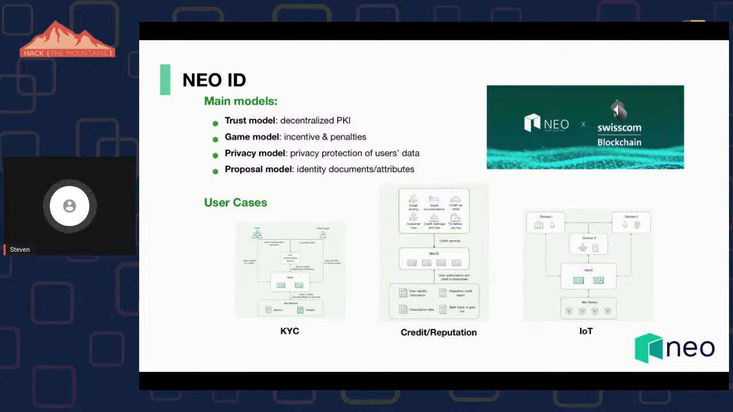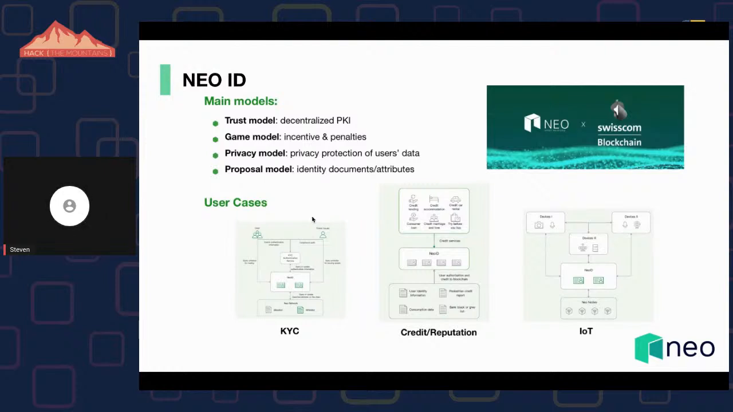In addition to that, Neo also has NeoID in N3. This one is developed by Neo and Swisscom Blockchain together. When people use the blockchain, they have a lot of concerns about their identity, because before, most users just created a wallet and did all their activities and smart contract interactions with the wallet. It's great, it's anonymous, but